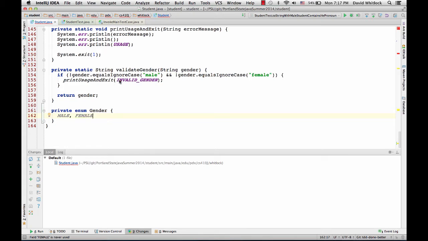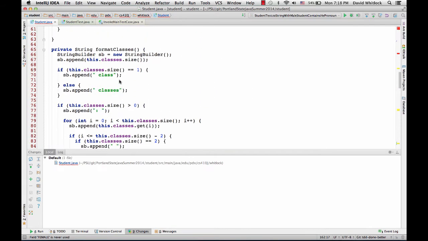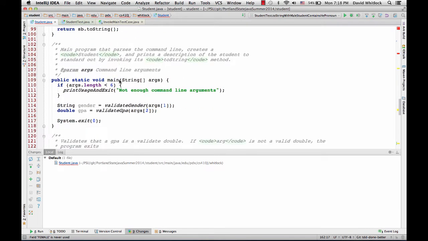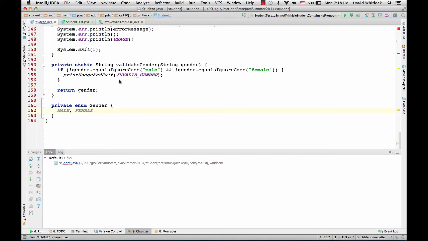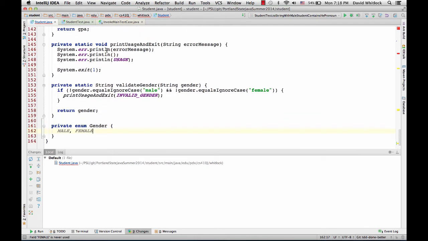I suppose I could put the gender pronoun on the gender itself. I don't think it's that important, right? So the reason I have this enum, instead of just using a string, is that now I don't need to worry, within the logic of the student class, about doing equals ignore case or anything like that. I know the only 2 values I'm ever going to have for gender within the class are